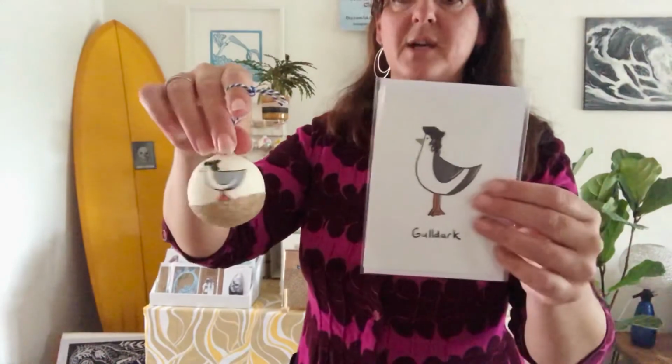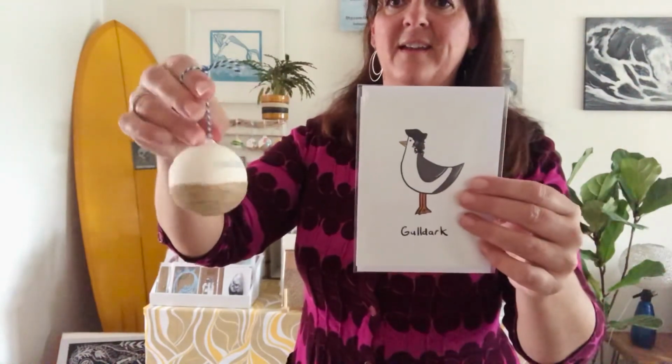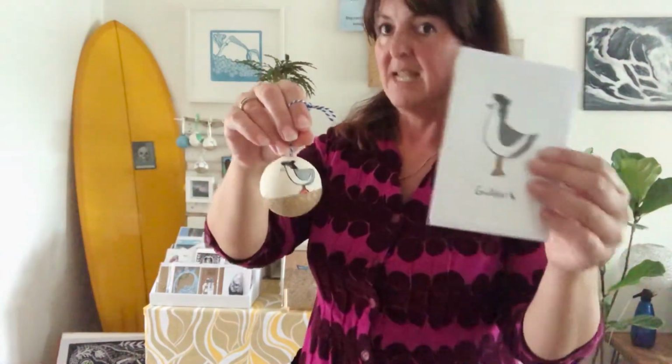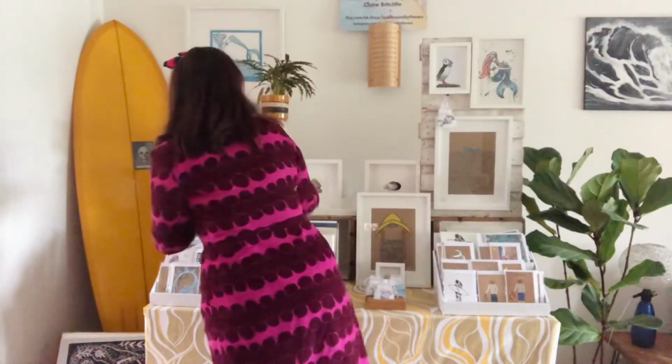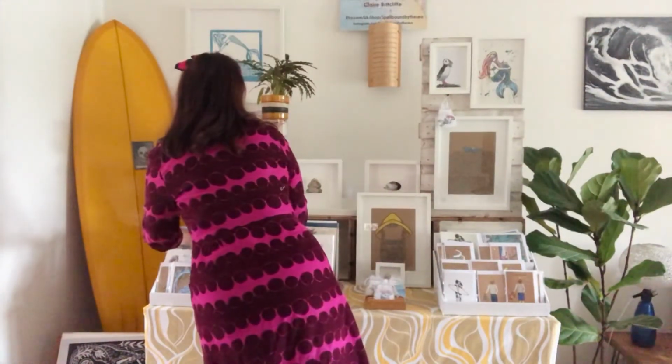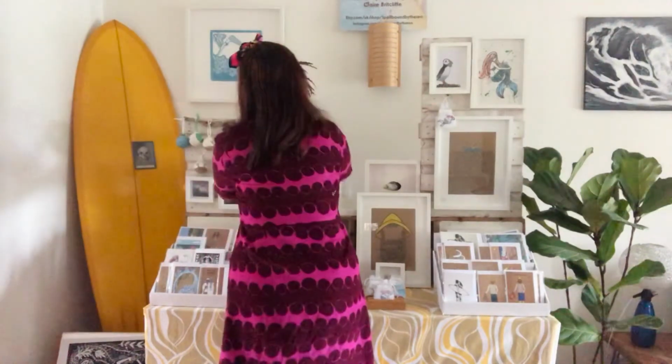So we've got Guldark. If you are a Poldark fan, you'll know what I'm talking about. If you're not, you'll think that lady's a bit crazy. But it's a bit of fun anyway. So there we go, that's the Guldark one. My fisherman,